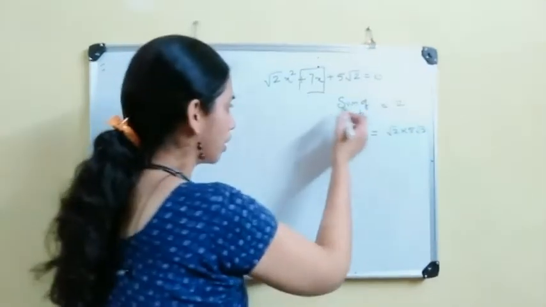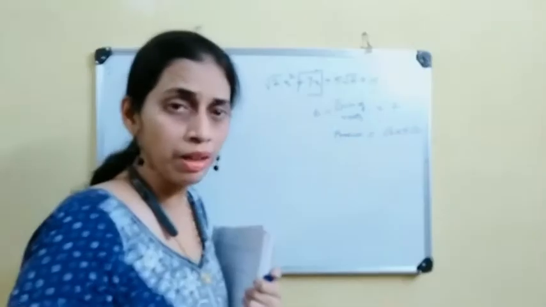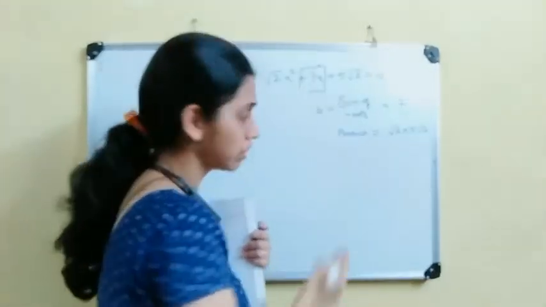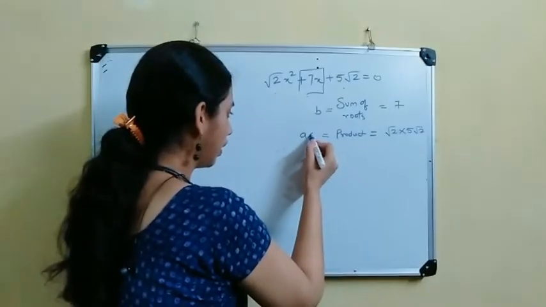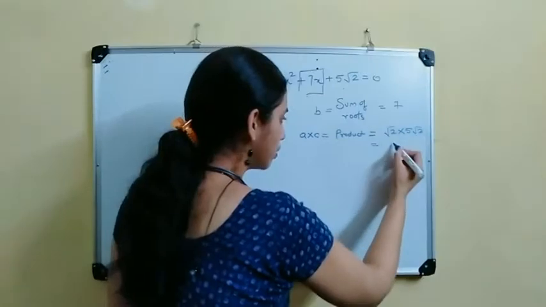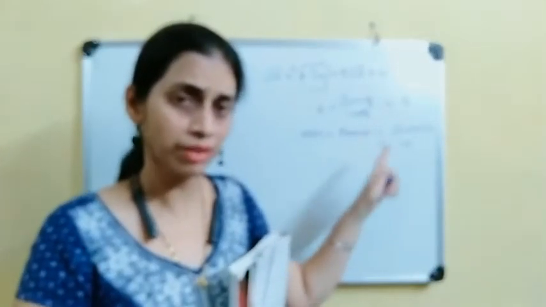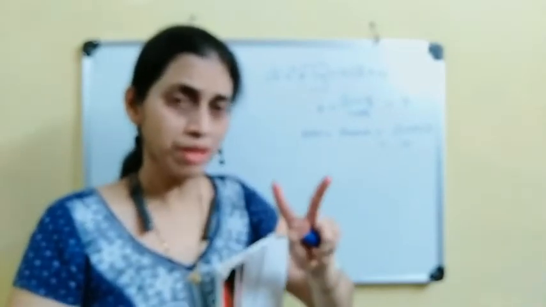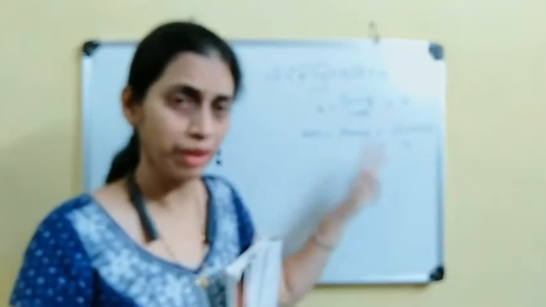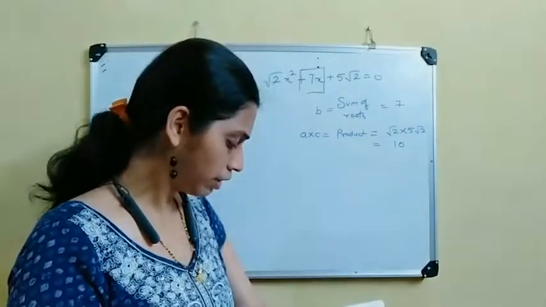Sum of the roots, if you want to find out, it is always the middle alphabet, which is b in your quadratic equation, and product of roots is the product of a into c. So if you are multiplying this, you are getting 10. जब भी आप ऐड करोगे रूट्स को, आपको 7 आना चाहिए. ऐसे दो नंबर्स आपको लेना है कि जब भी आप ऐड करोगे आपको 7 आएगा, जब भी आप मल्टीप्लाई करोगे आपको 10 आना चाहिए. So this is a way to split the middle term.